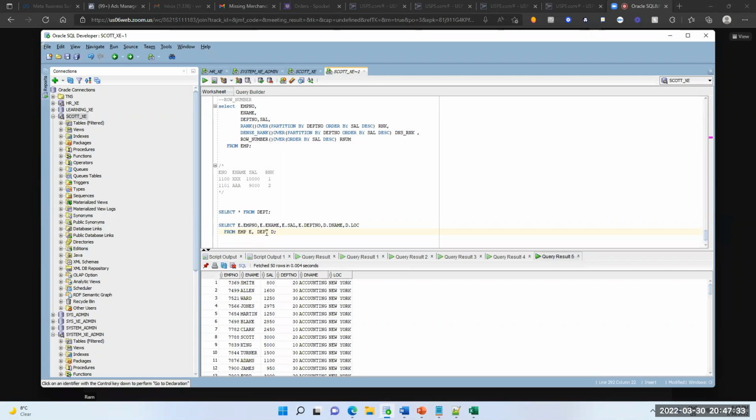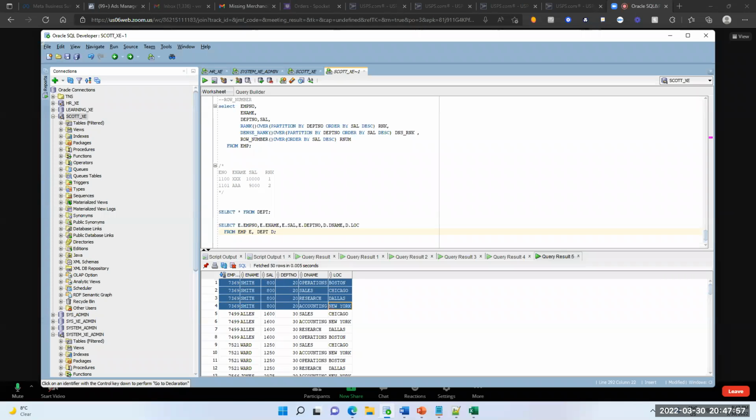See here. Ideally we have 14 records in the employee table, right? So how many records do we have here? 56. That means 14 into 4. In the department table we have 4 records, right? 14 into 4. That means every record appears 4 times. See here, 7369, 7369, 7369. It is multiplying with the department records actually. Got it? This is called Cartesian product. In lower class mathematics, we have Cartesian product. Do you remember that?